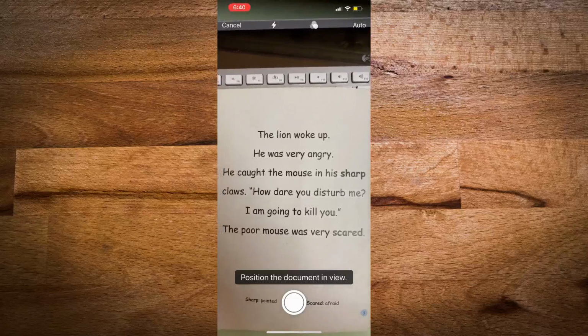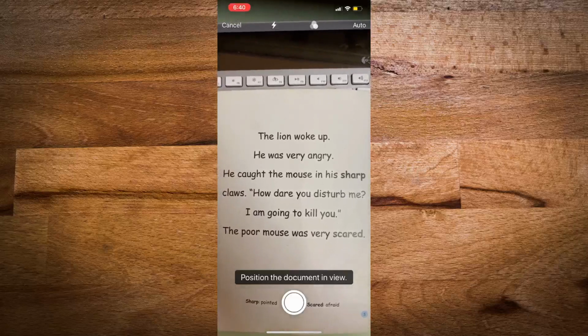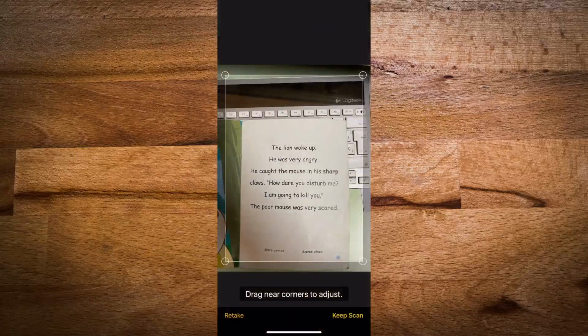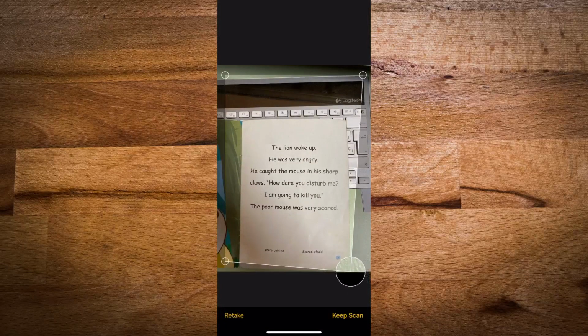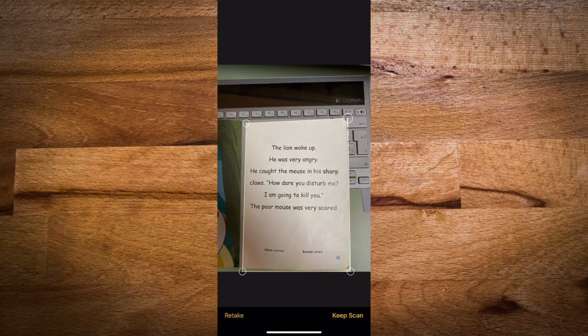Once you click on the screenshot, you would give an option to scale your edges. You can mark your corners like this, and then keep the scan.